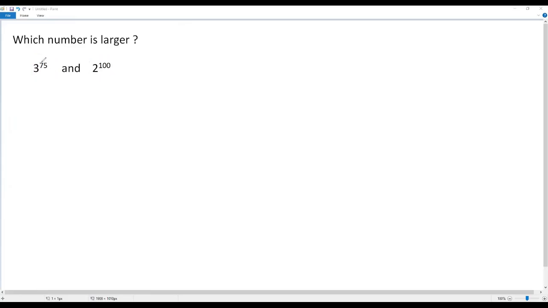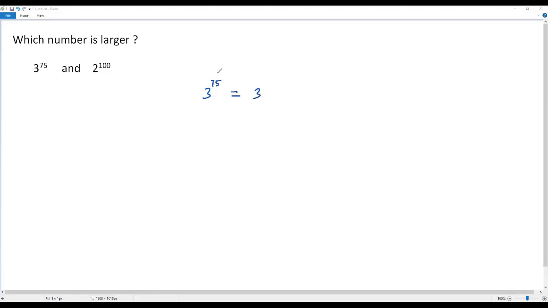For that, consider the existing exponents 75 and 100. What is the greatest common divisor for 75 and 100? That is 25. So that is, we have to get 25 as the exponent for both the powers. Okay, now let me take the first power, that is 3 to the power of 75. Since our aim is to get the exponent 25, we have to write this exponent 75 as a multiple of